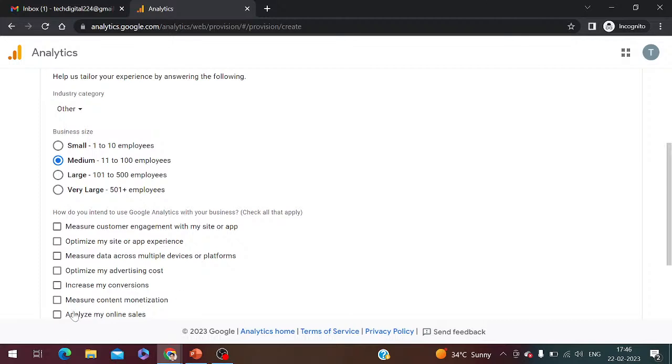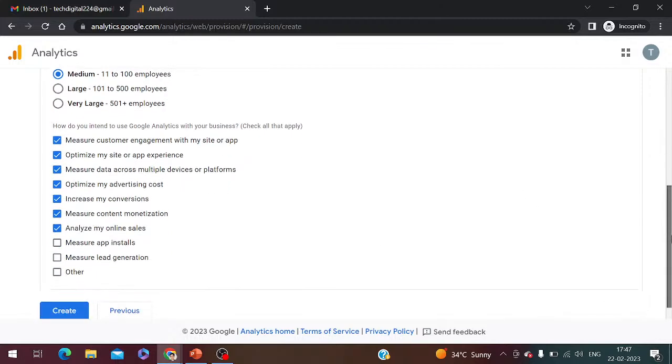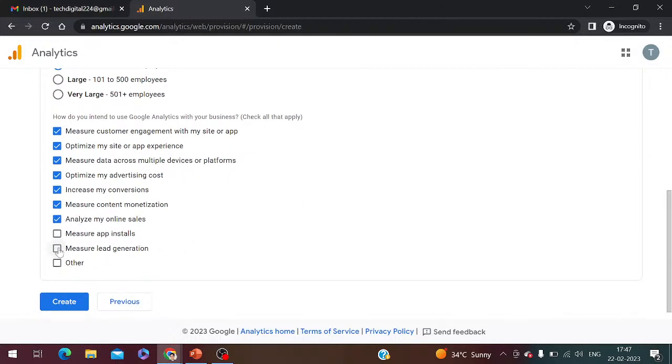I say increase my conversions, then analyze my online sales, optimize my advertising cost, optimize the site, measure data across multiple devices or platforms, measure customer engagement. Then measure content monetization. Then I would also say measure the action. I click on